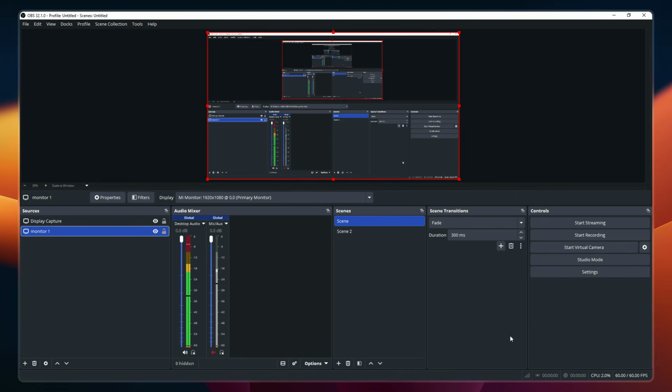And that's it. You've successfully disabled the cursor in your OBS capture, allowing for a much cleaner viewing experience for